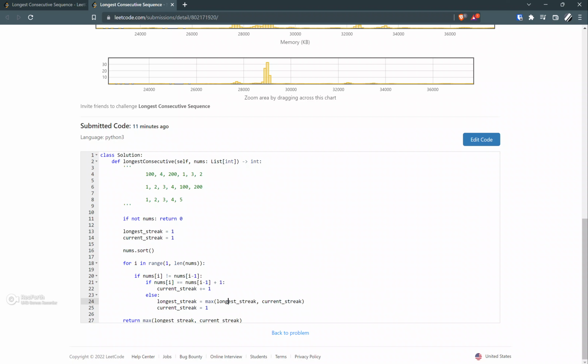हामी के गर्छौँ, लङ्गेस्ट स्ट्रिकको भ्यालु जुन छ त्यसलाई चाहिँ हामी अपडेट गर्छौँ। र अपडेट गर्दाखेरि चाहिँ हामीले जहिले ध्यान दिनुपर्छ म्याक्सिमम अफ लङ्गेस्ट स्ट्रिक हुनसक्छ अथवा करेन्ट स्ट्रिक हुनसक्छ। अनि त्यसपछि रिसेट गर्छौँ करेन्ट स्ट्रिकको भ्याल्यु बिकज वी हेभ अ न्यू नम्बर। अनि त्यसपछि अन्तिममा चाहिँ रिटर्न गर्दाखेरि चाहिँ पनि म्याक्सिमम अफ लङ्गेस्ट स्ट्रिक अथवा करेन्ट स्ट्रिक गर्छौँ, किनभने